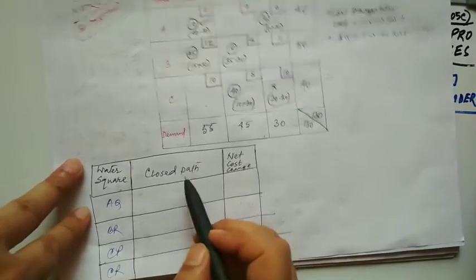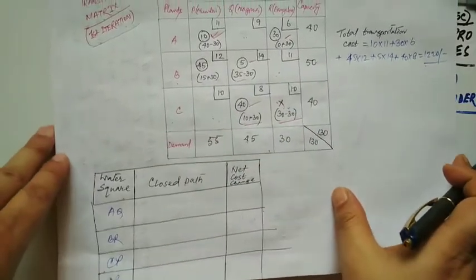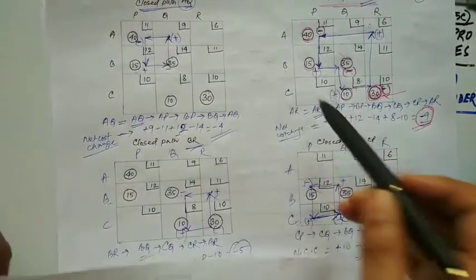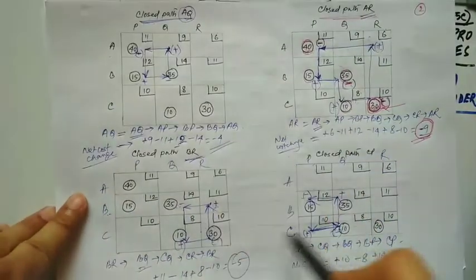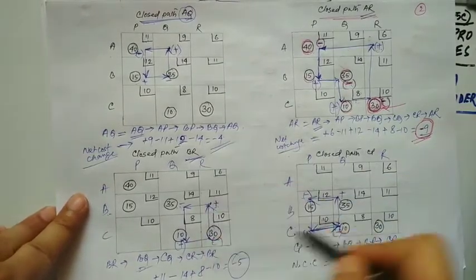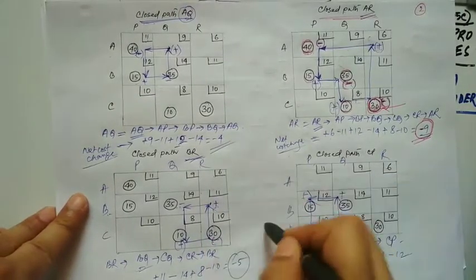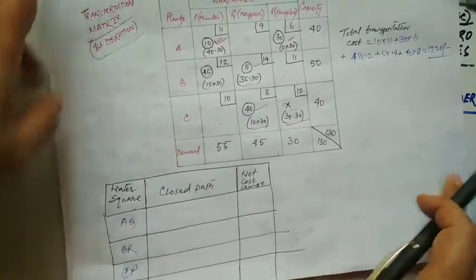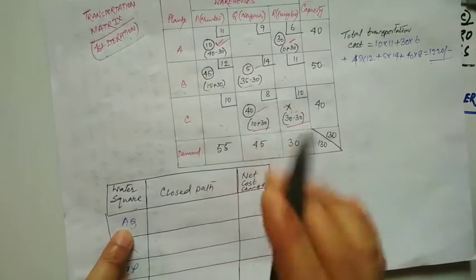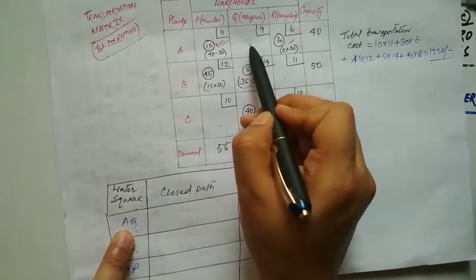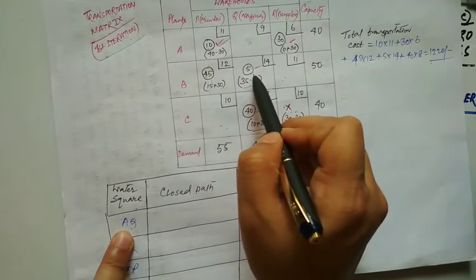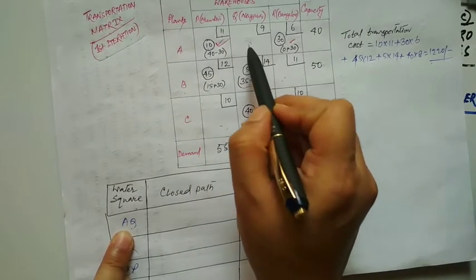Okay, so now the path I will just write it. No need to do this again. Every time you need not do these exhaustive calculations. Now as you know how to perform this particular iteration, you can do the second iteration in your mind only. Now let us do it for AQ. I will help you with how to do it for AQ. Say you are starting with AQ, then you come to AP, then BP, then BQ, then you again go to AQ.